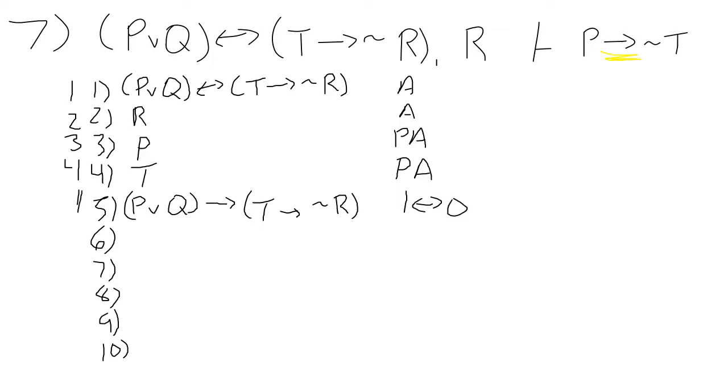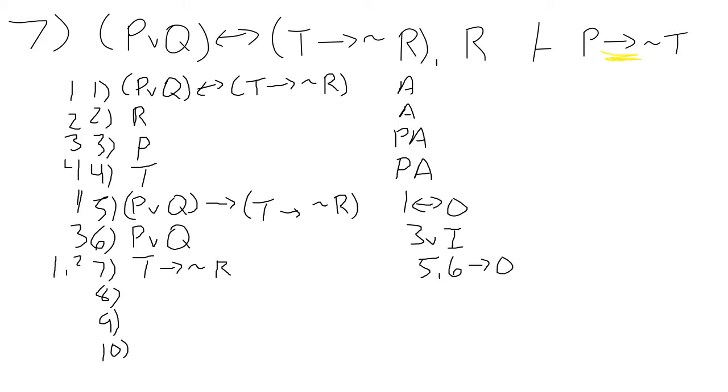Now we can build this antecedent with our P from 3, wedge in, and with that, we can get our T arrow tilde R from 5 and 6, arrow out, 1 and 3. Now we can toss our T into this conditional statement in 7, so that's going to be from 4 and 7, arrow out,